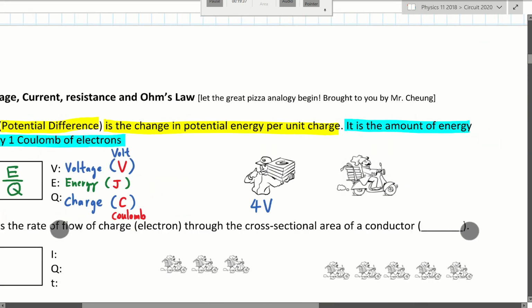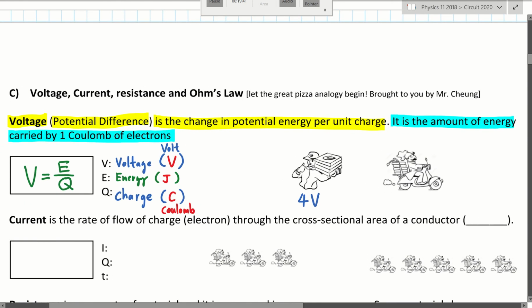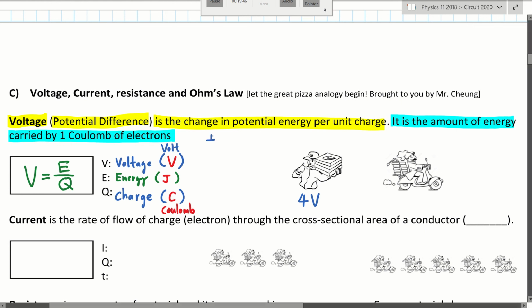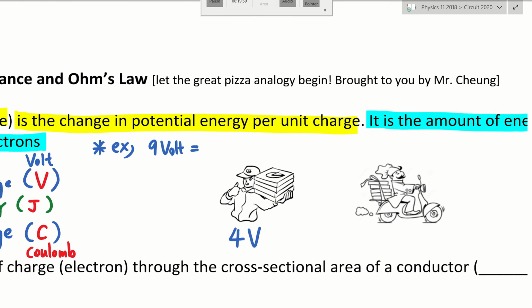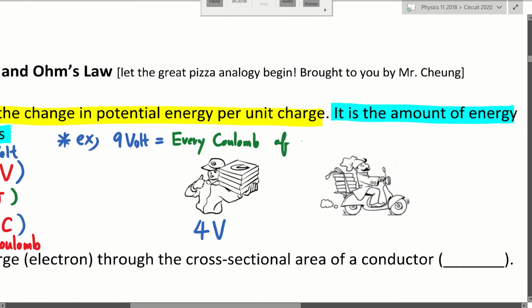So voltage is the amount of energy carried by 1 coulomb of electrons. Okay, so let's write that down in here. So for example, when you have a 9 volt battery, what does a 9 volt battery mean? It means that every coulomb of electrons, now remember, we are counting by coulomb, so every coulomb of electrons